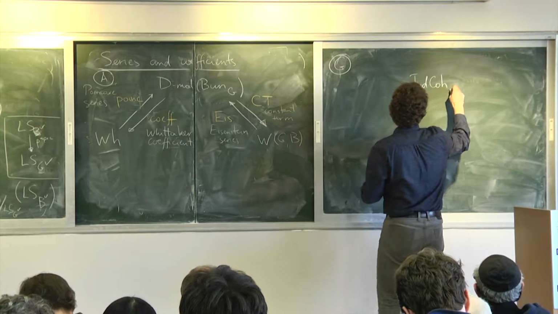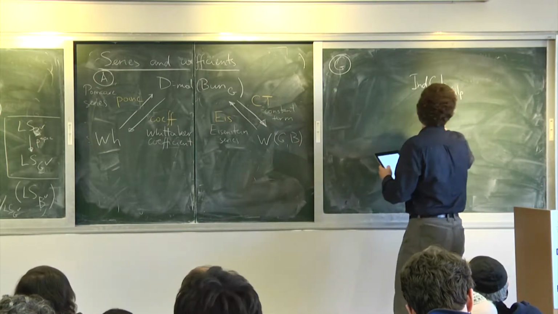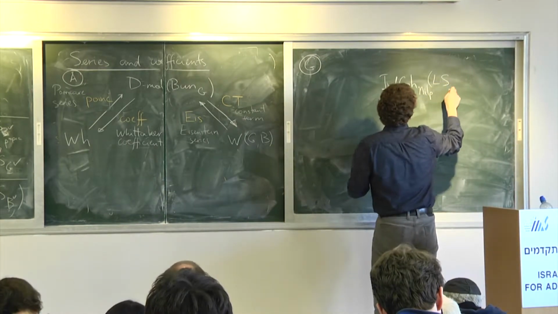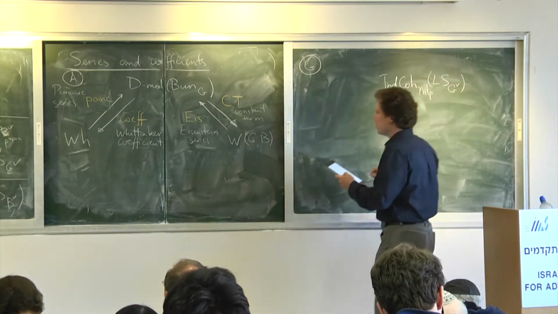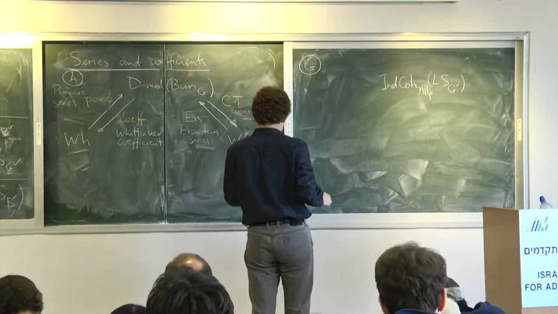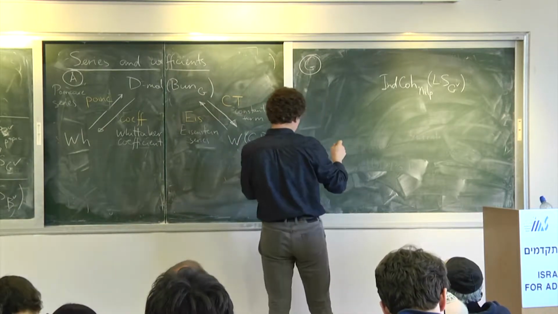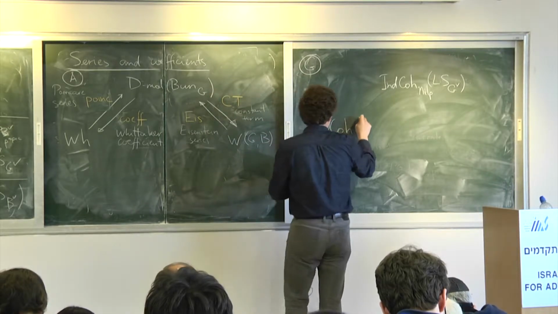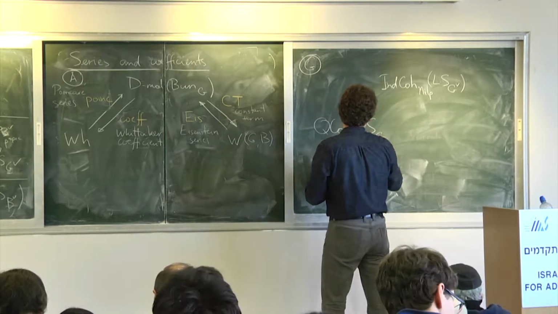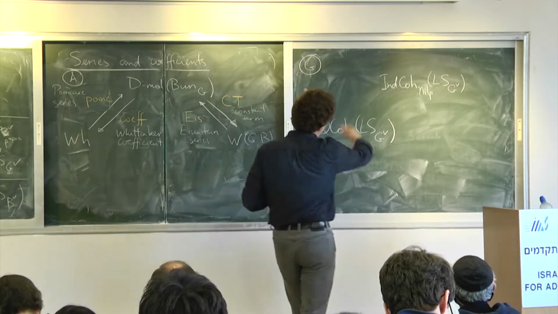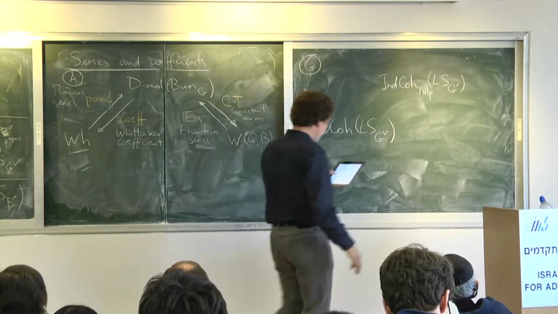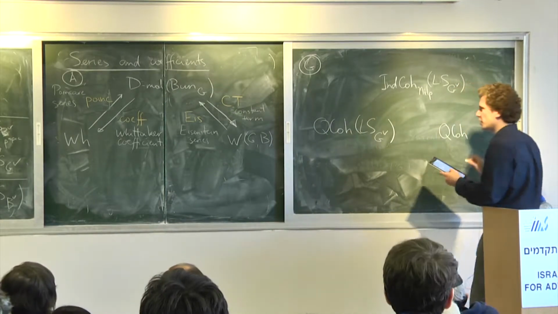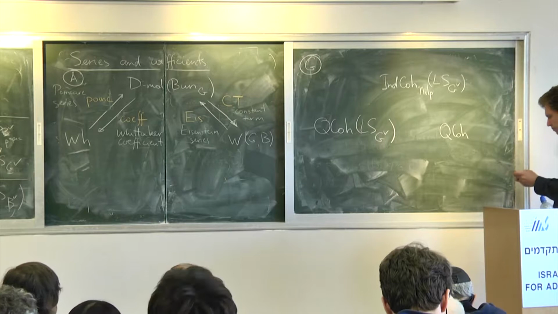So there's our favorite category of ind-coherent sheaves with nilpotent singular support. There's its quasi-coherent counterpart, and the category with